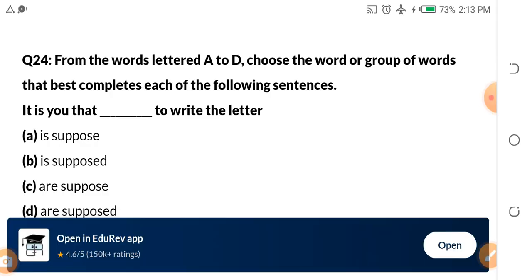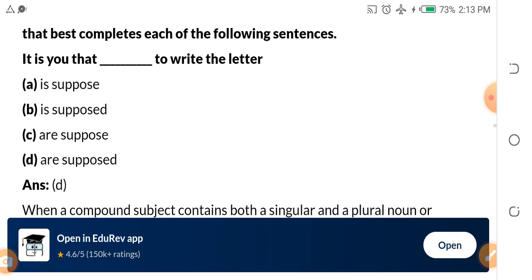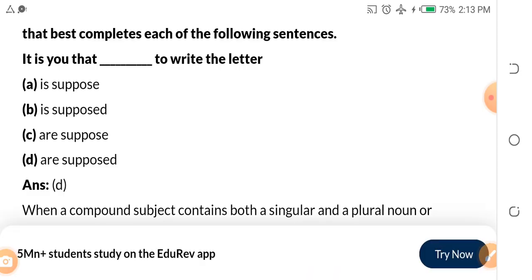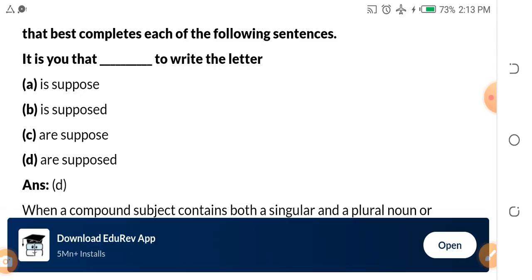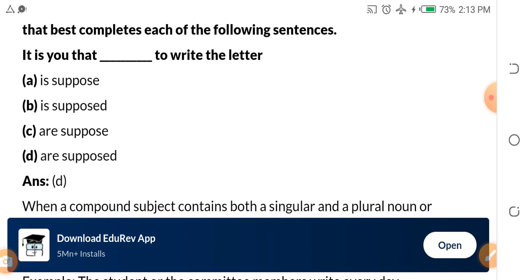From the words lettered A to D, choose the word or group of words that best completes each of the following sentences. It is you that dash to write the letter. A, it is you that is supposed to write the letter. B, it is you that is supposed to write the letter. C, it is you that are supposed to write the letter. D, it is you that has